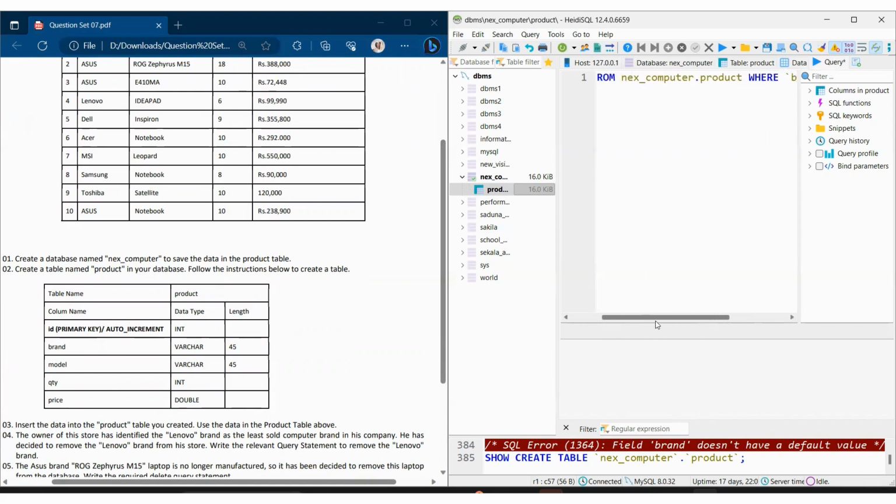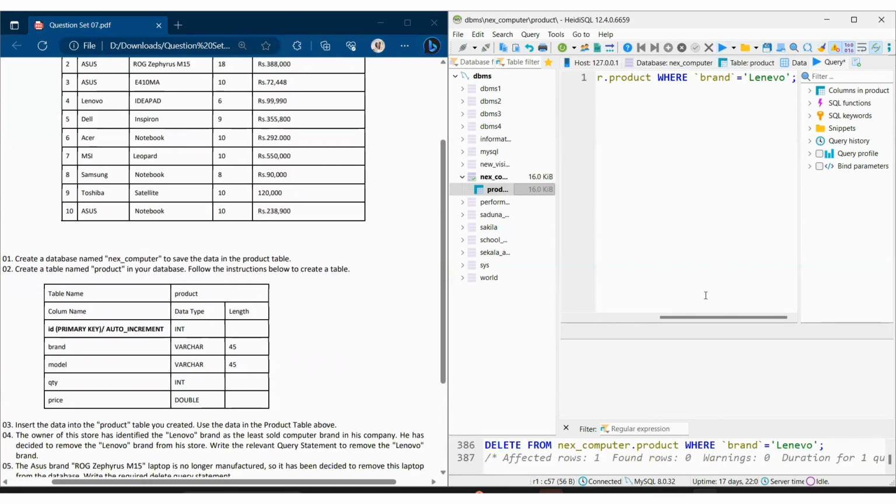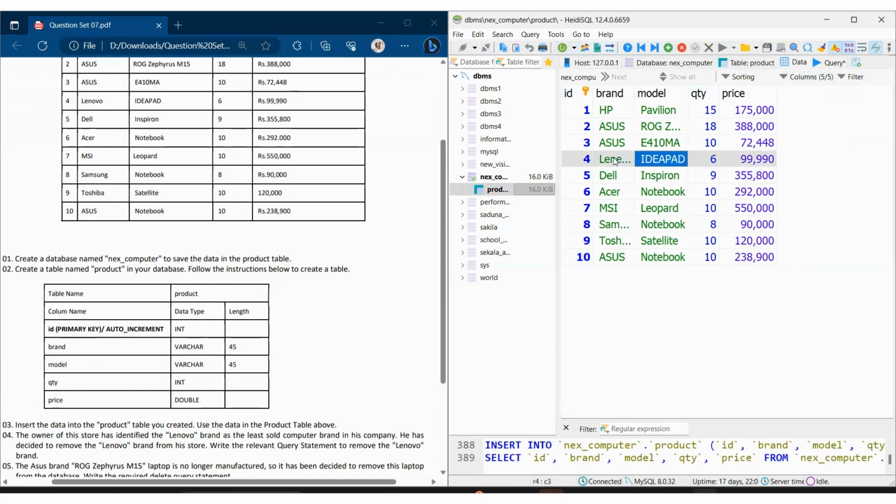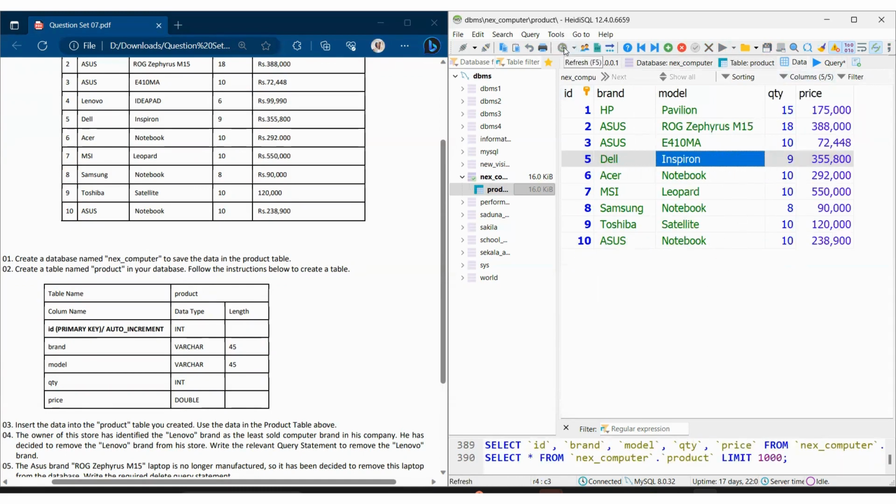So I delete from the next computer database, put a dot and the product table, where the brand is equal to Lenovo. I'm going to execute this, and check my data, and refresh it. Currently Lenovo is in the 4th position, so I refresh it, and as you can see, the